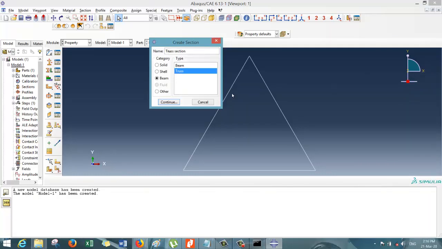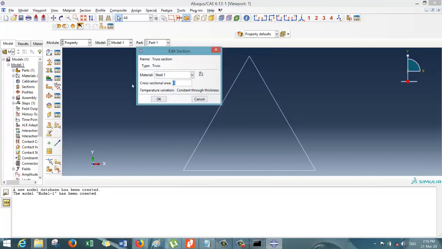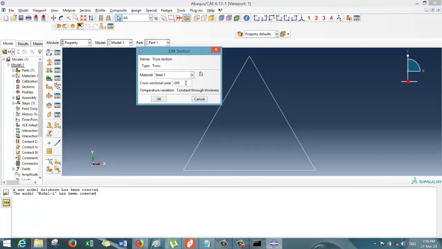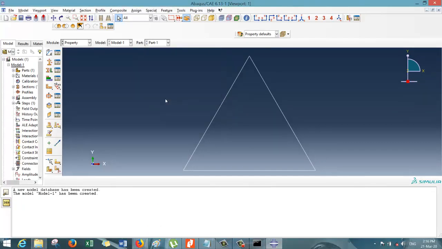Here you have to select beam and then truss. Then click continue. Cross-sectional area be 0.001. It is given in the question, 0.001 square meter. So that you have to enter over here. Then click OK. So now the section is ready.